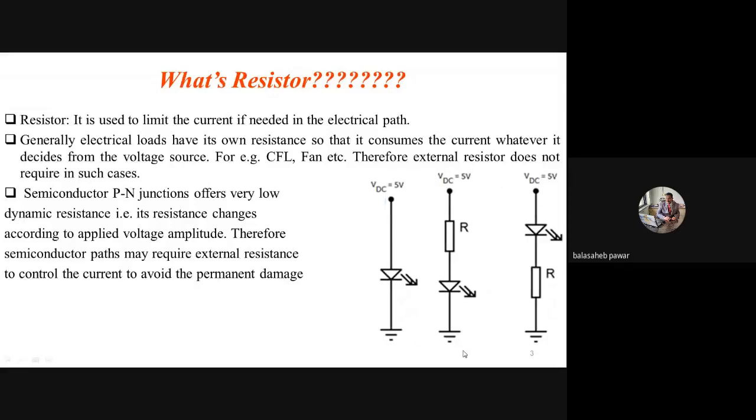There is an LED to be operated from a DC source. Generally in all books you are studying, you might have seen this middle one. But the extra two diagrams I have shown over here, I developed by my own knowledge. That's why I would like to share them with you. And again, it is very important for a design engineer.